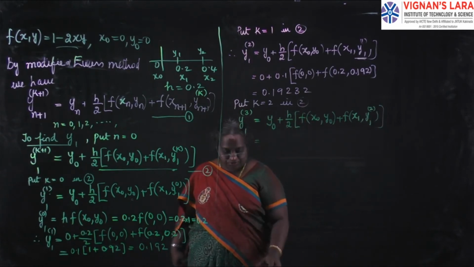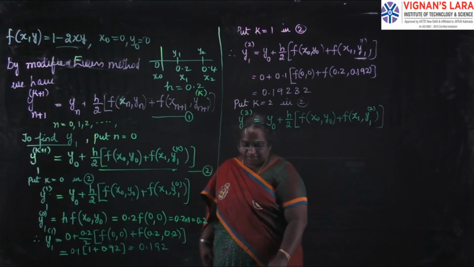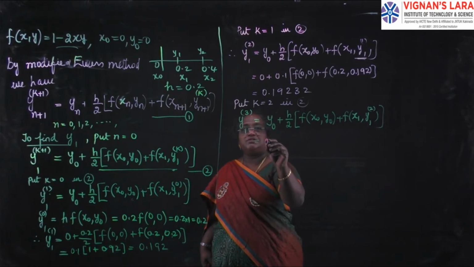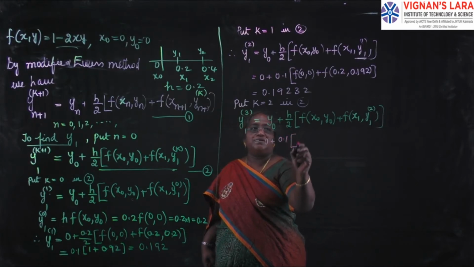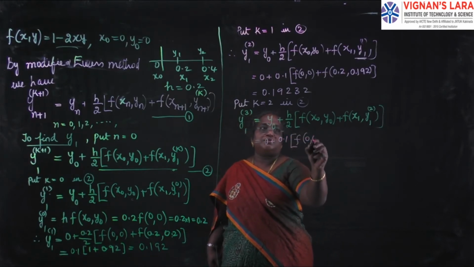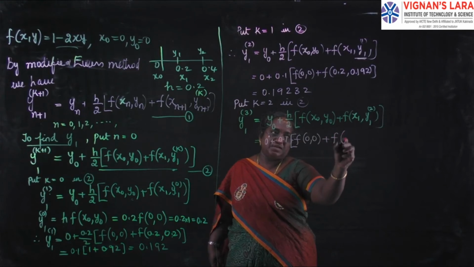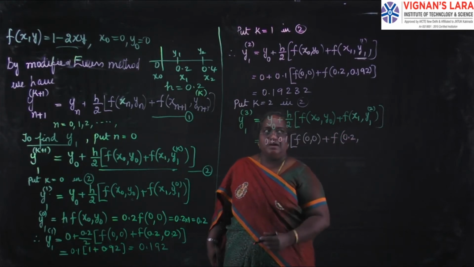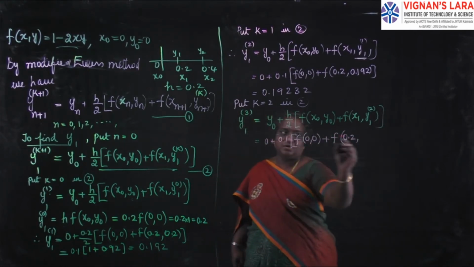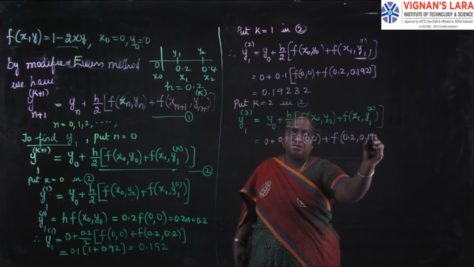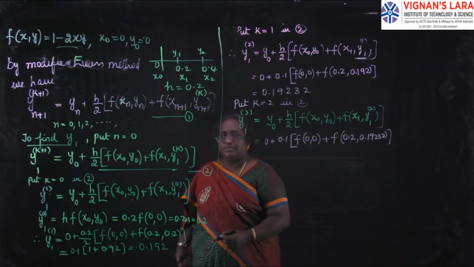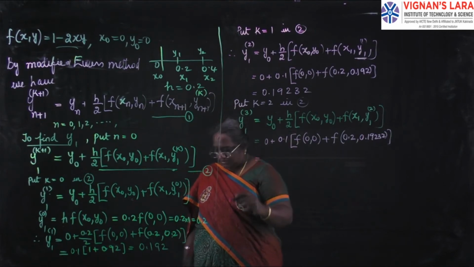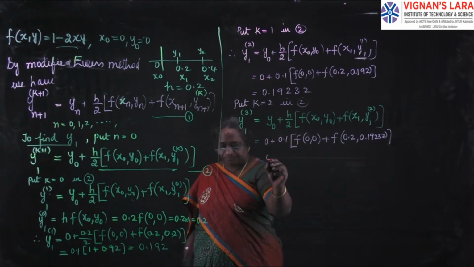So substitute those values. So we get here y naught is 0 plus h is 0.2 by 2 is 0.1, f of 0 plus f of x1 is 0.2, and the second approximation just now we got, 0.19232. Substitute these in the given function 1 minus 2xy and if you evaluate this will be